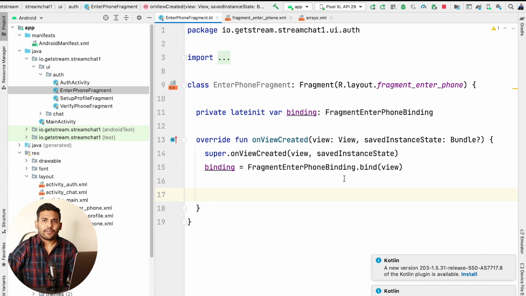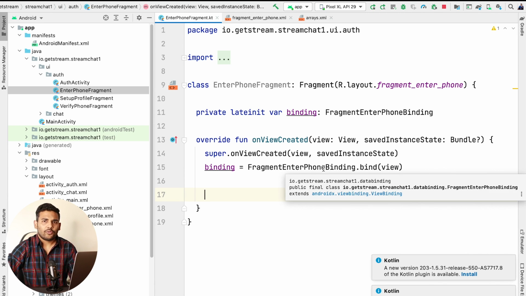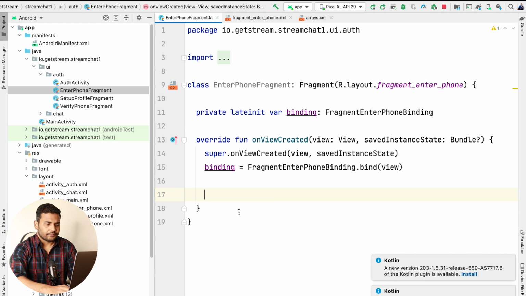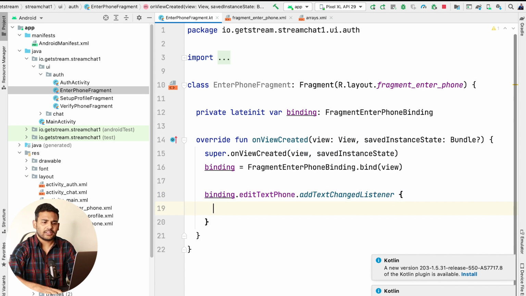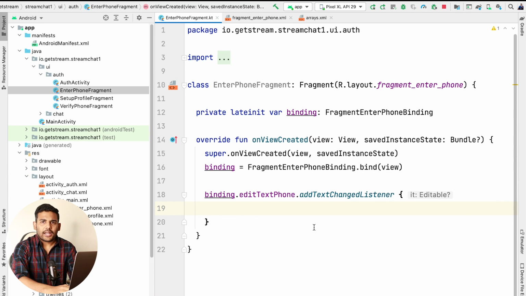Now the first thing that we will do is add a text change listener to the phone number edit field. So I'll write binding.editTextPhone.addTextChangedListener. Now inside this text change listener, I'll check if the entered value's length is 10, that means it is a valid phone number, and I will enable the next button.